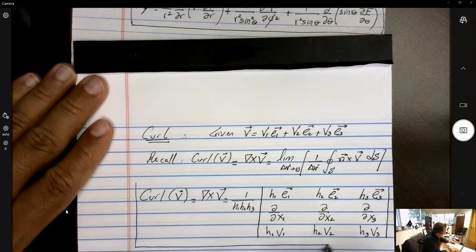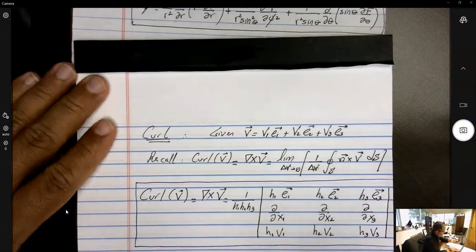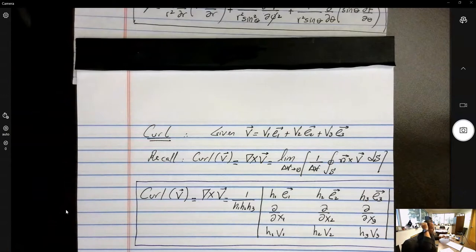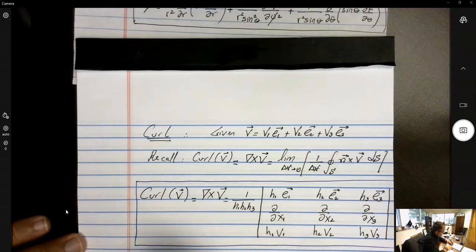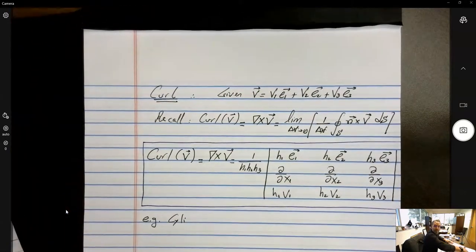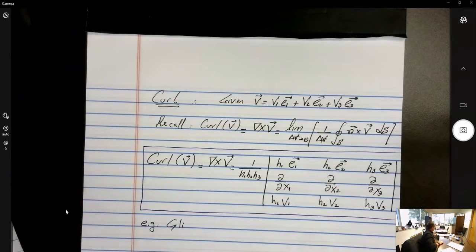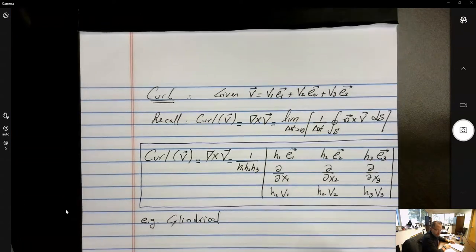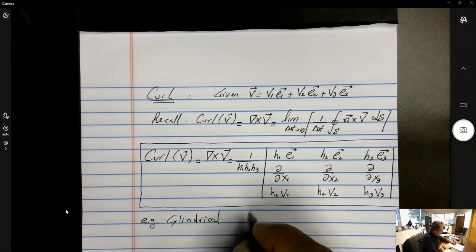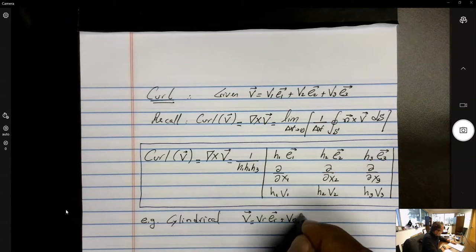And let's attempt it again, to do it for consistency. We're going to do it in cylindrical coordinates, and we're going to do it in spherical coordinates. So in cylindrical coordinate systems, if I have an expression v, which is vr in the r direction, plus v theta in the theta direction, and vz in the z direction,